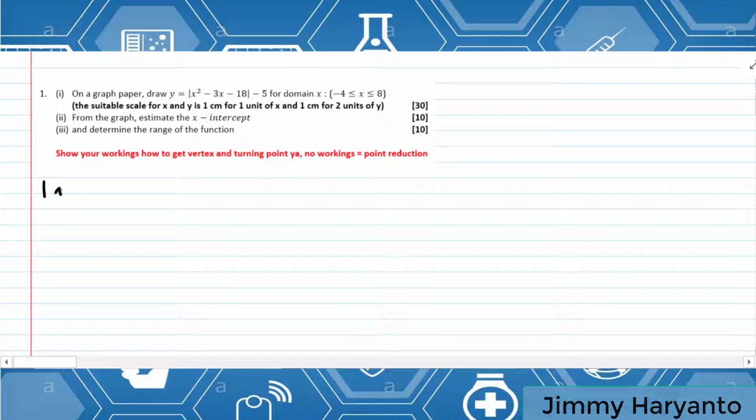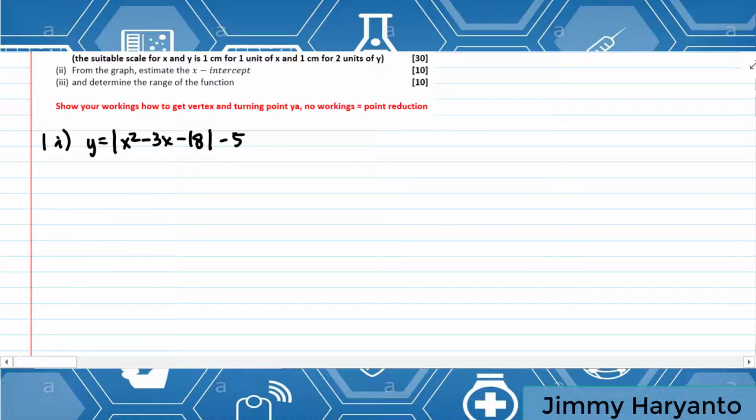Number 1, y equals the absolute value of x squared minus 3x minus 18, and then minus 5. First you have to find the vertex. Show your workings for how to get the vertex. If you don't show your workings and suddenly get the vertex, I will not give you a point. Okay, so for the vertex